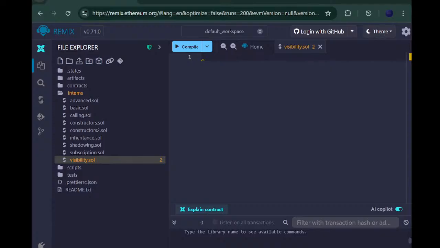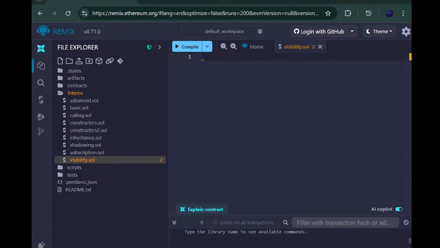We'll break down exactly who can call your functions and access your state variables, covering the 4 visibility types that I just mentioned for functions, and then the 3 for state variables,